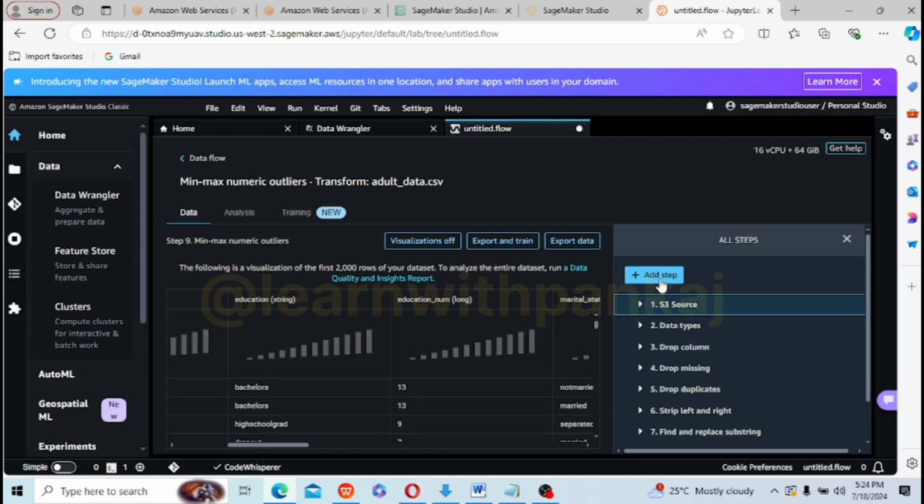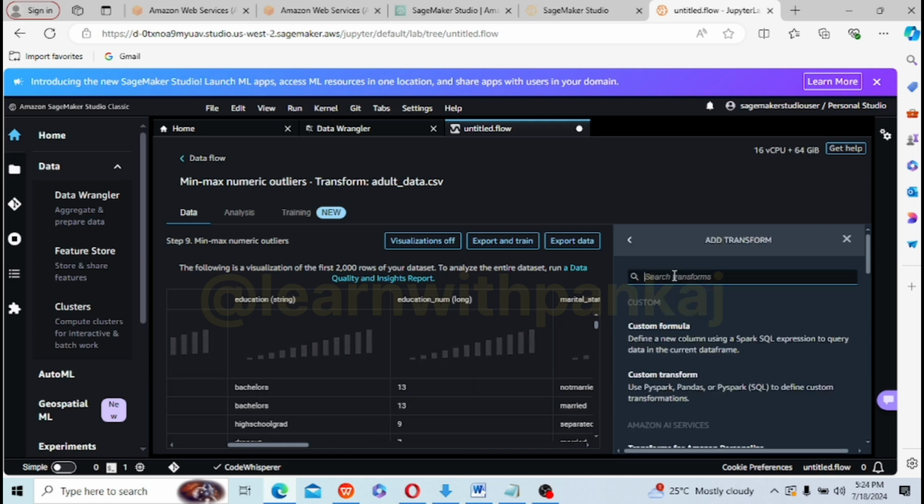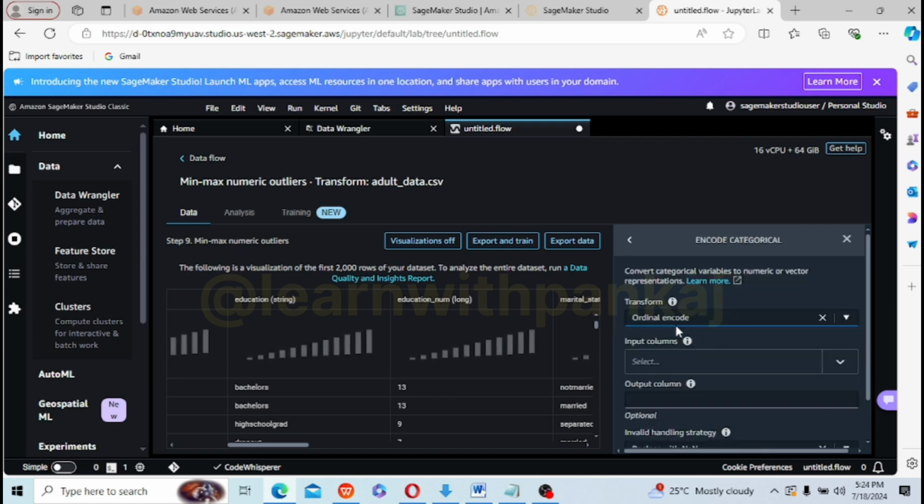How will we do that? We will add a transformation. What kind of transformation would it be? We will use encode categorical, that is the transformation, and in the transform section we are using ordinal encode, right? So how ordinal encode works is that the ordinal encoder turns a categorical feature into a numerical format.